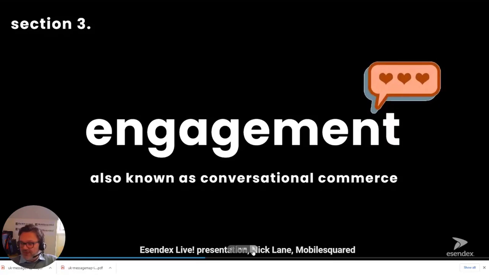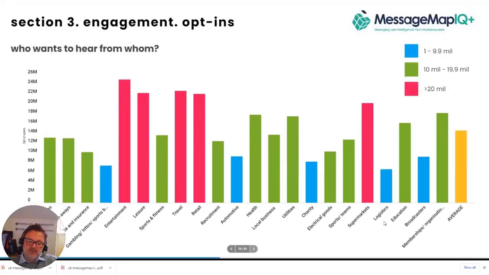So what I'm going to show you now is all based on Mobilesquared data. It's based on industry research that companies have shared with us. It's also based on some trials and some actual commercial data shared with us from things like RCS, for example. But before we get there,